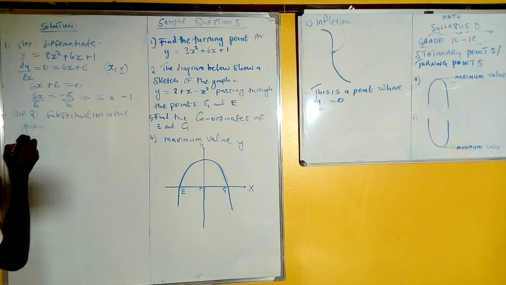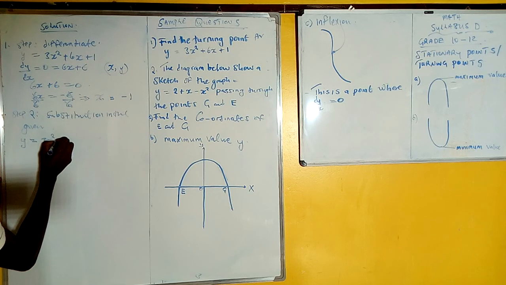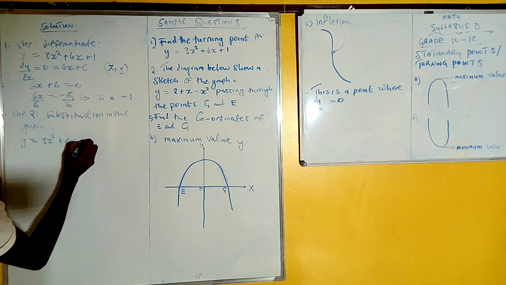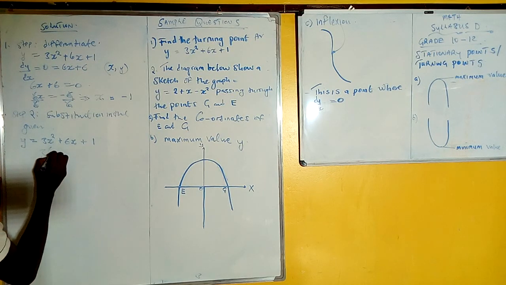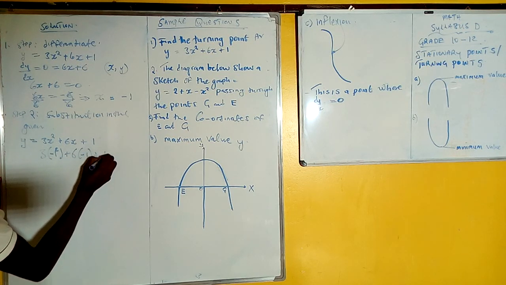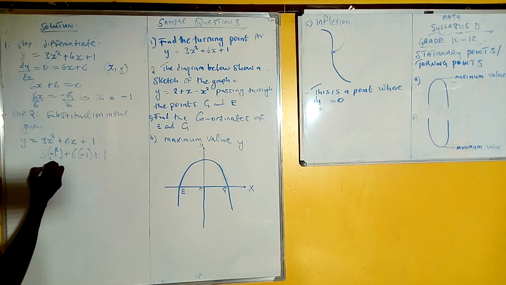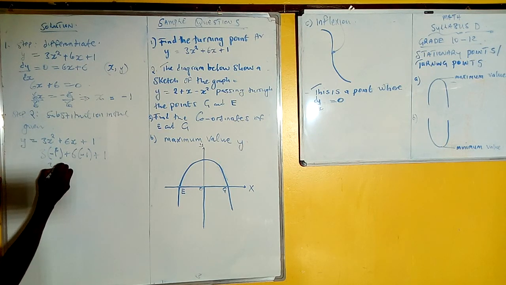So you are going to say y is equal to 3x squared plus 6x plus 1. This one will be 3, open brackets, you put your negative 1 squared, plus 6, you put your negative 1, plus 1. So this one here is 3, because negative 1 squared is 1, times 3 is 3, plus